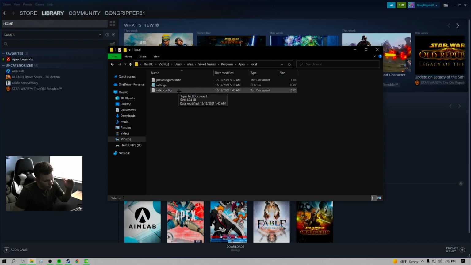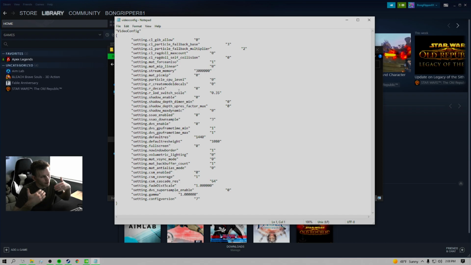So you've gotten here, you'll open video configuration. The only things that you are going to need to change in your video configuration file are your default res and default res height, the full screen setting, and the no window border setting. To explain real quickly, you will be setting your video configuration file to read only after we change what needs to be changed. Because of that,